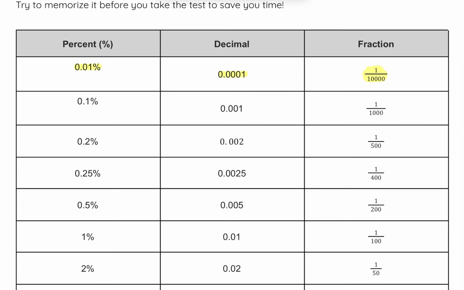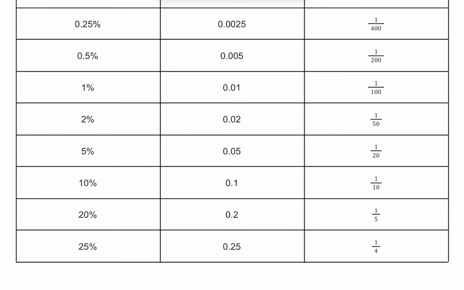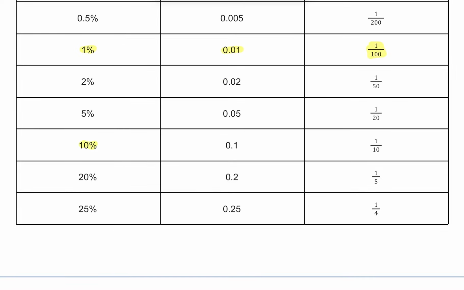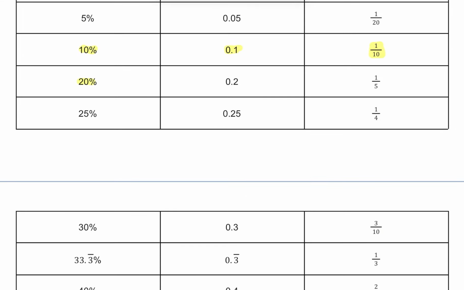And then the fractions you also want to make sure that you have a good handle on. Some of these you might already be familiar with. So for example, you may already know that 1% is equal to 0.01, which is equal to 1 over 100. You also might know that 10% is equal to 0.1, which is equal to 1/10. Right, 20% is equal to 0.2, which is 1/5,